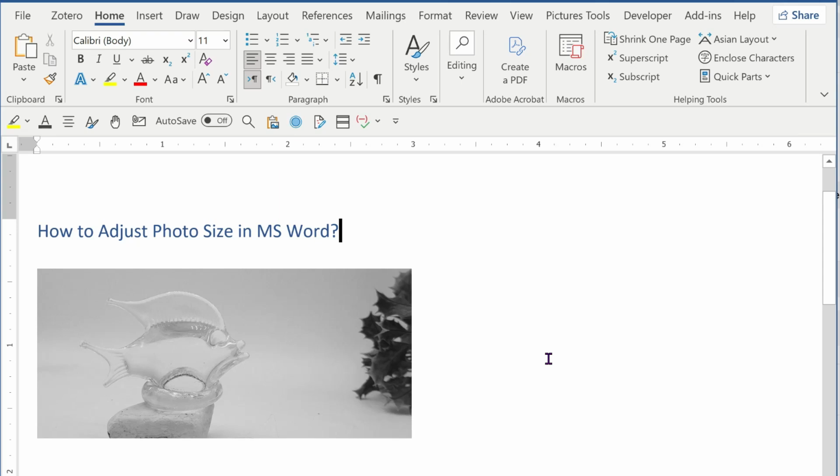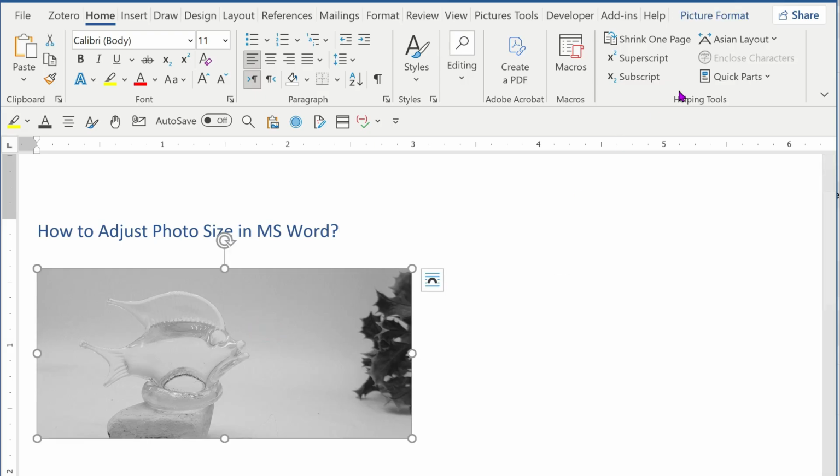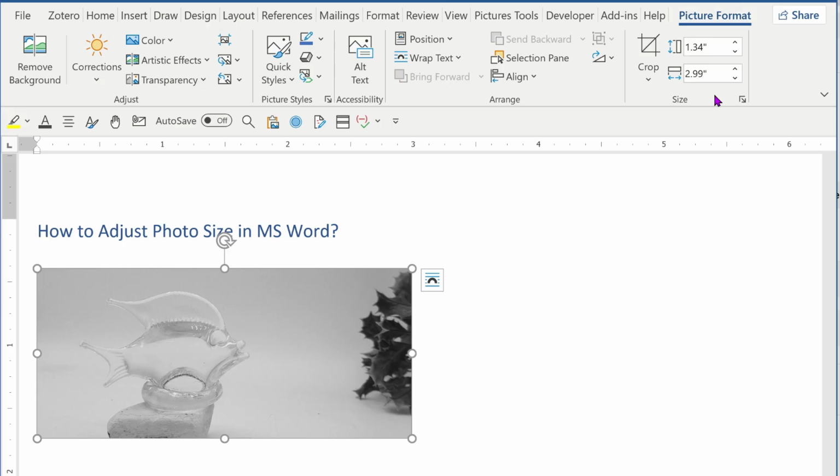Welcome back. In this video I will guide you how to adjust photo size in MS Word. For this you need to select the picture and then you will see that Picture Format on the top ribbon. You need to click on that and in the Size group enter your desired measurement in the height or width